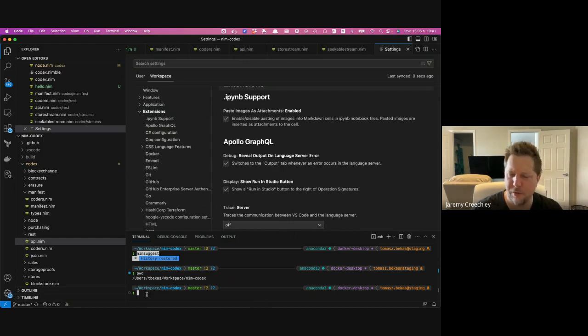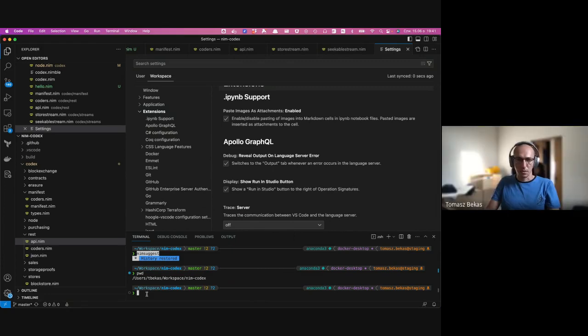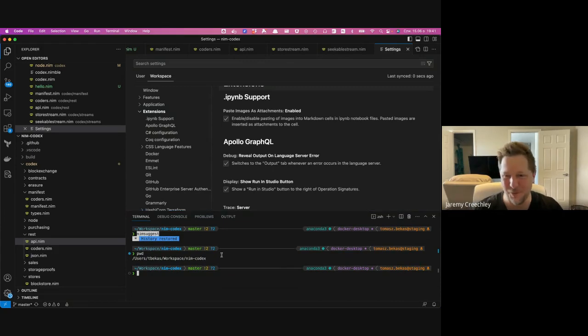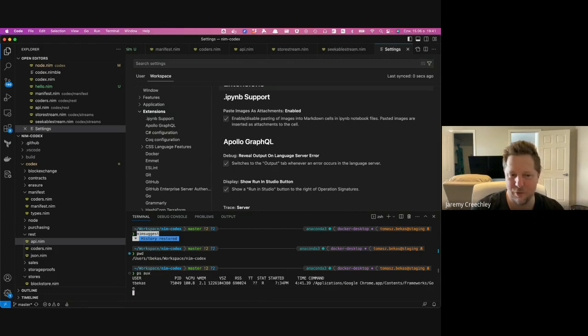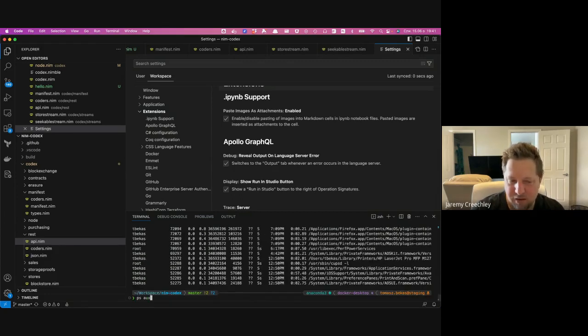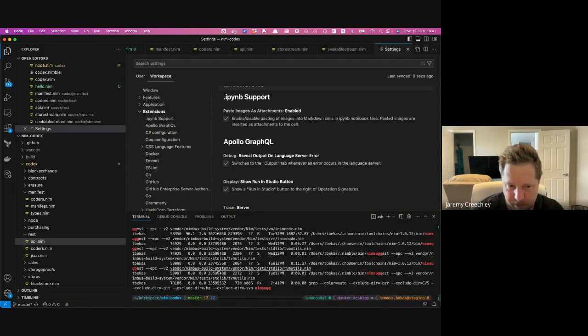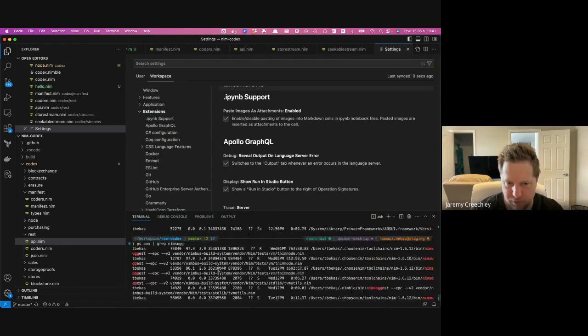How familiar are you with terminal? Like, are you familiar with grep? Yeah, of course. Yeah. Okay. It's always a fair question, right? Some people are more of a Windows background. But if you do ps aux and grep it and just search for nim suggest, I'm just kind of curious about the path it's using. Okay, so yeah, it's using